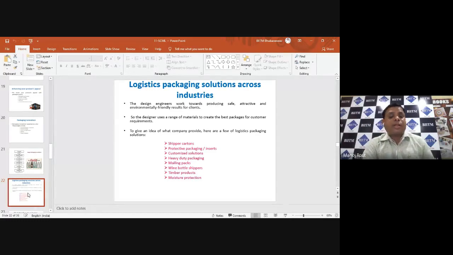Here are a few logistic packaging solutions. The first is zipper cartons. Initially they provided wooden boxes, but later on they diverted towards zipper cartons. The next is protective packaging, then customized solutions, heavy duty packaging, especially for high quality or high precision items. Then mailing packs, wine bottle zippers, timber products, and moisture protection. So these are the innovative ideas that companies provide. These are a few packaging solutions. Then moving to the next one,